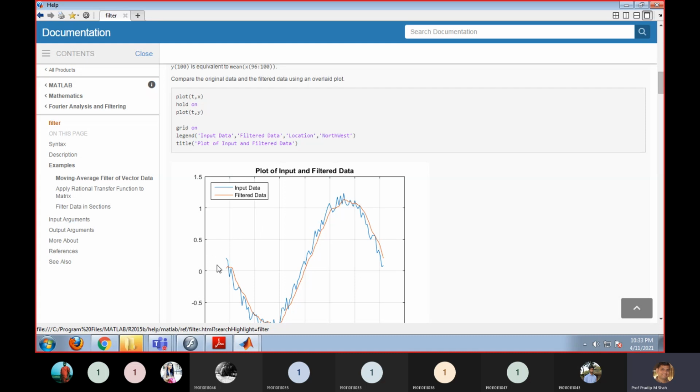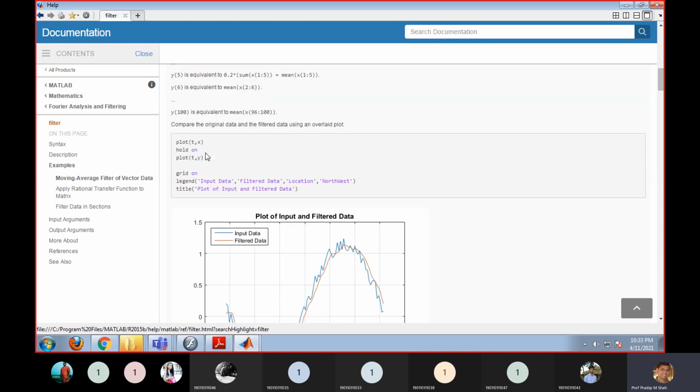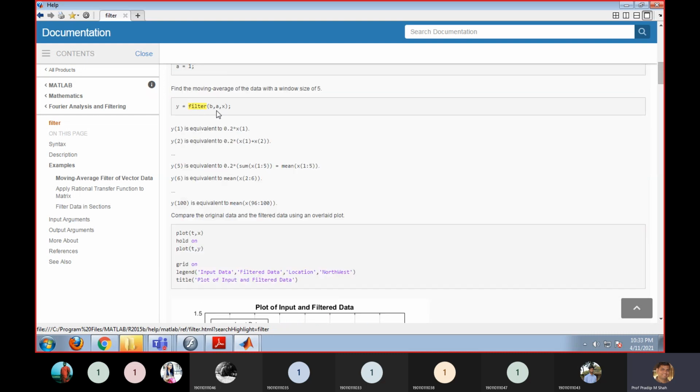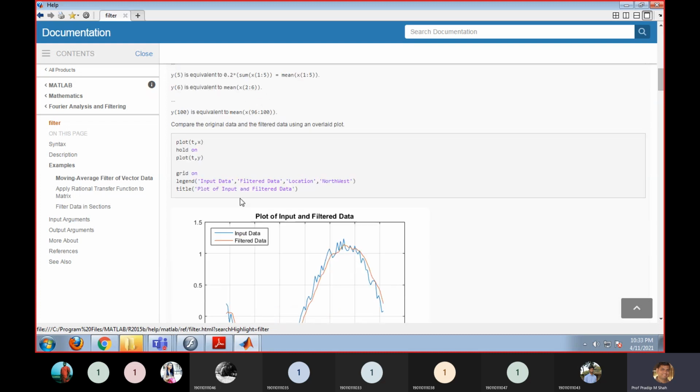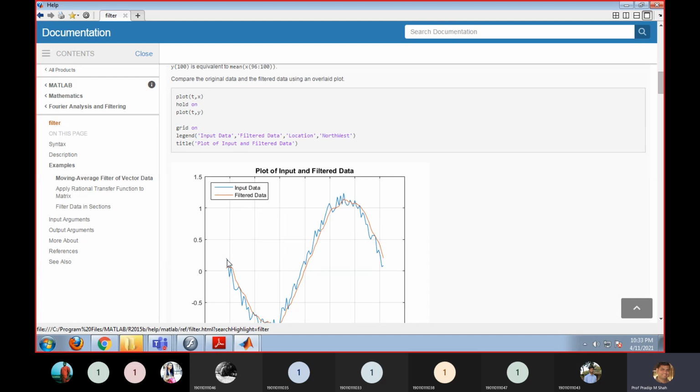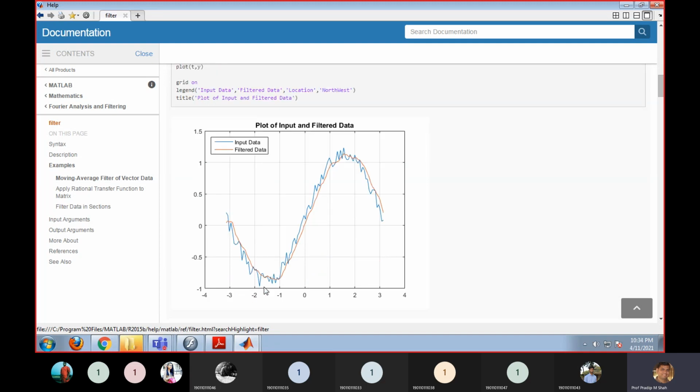Now we apply the system in terms of a filter, as we defined it. That system is an averaging system. What we are doing here is taking the average of the successive input samples. So you can see that your output is quite smooth compared to the input.